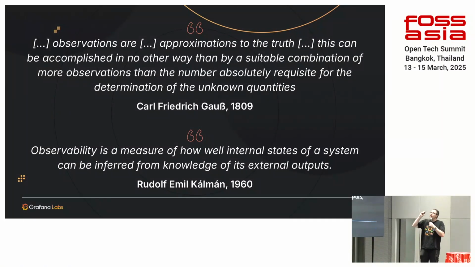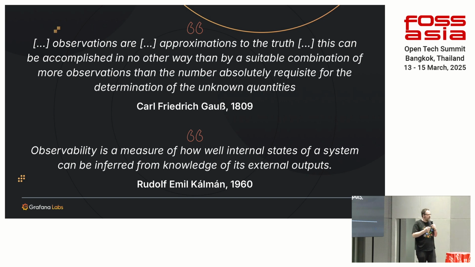So the initial first scientific reference which I could find is from 1809 from Carl Friedrich Gauss. Basically, what you have to do is make more observations about the state of the world than you absolutely need, because you might miss some, to be able to make determinations about the state of the real world. And same as we currently have with cloud native and all of this explosion of services, vastly more data. In the 60s or in the 50s, something happened: